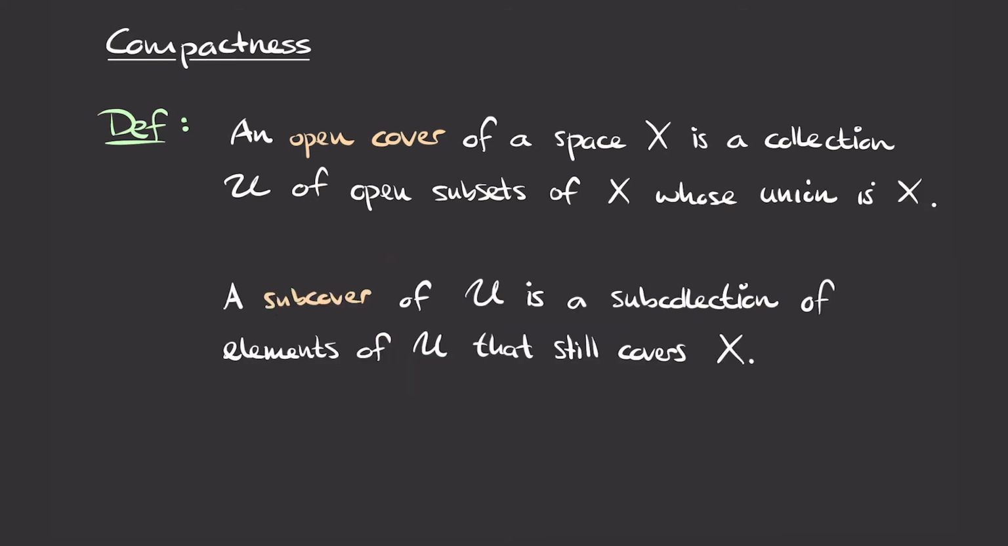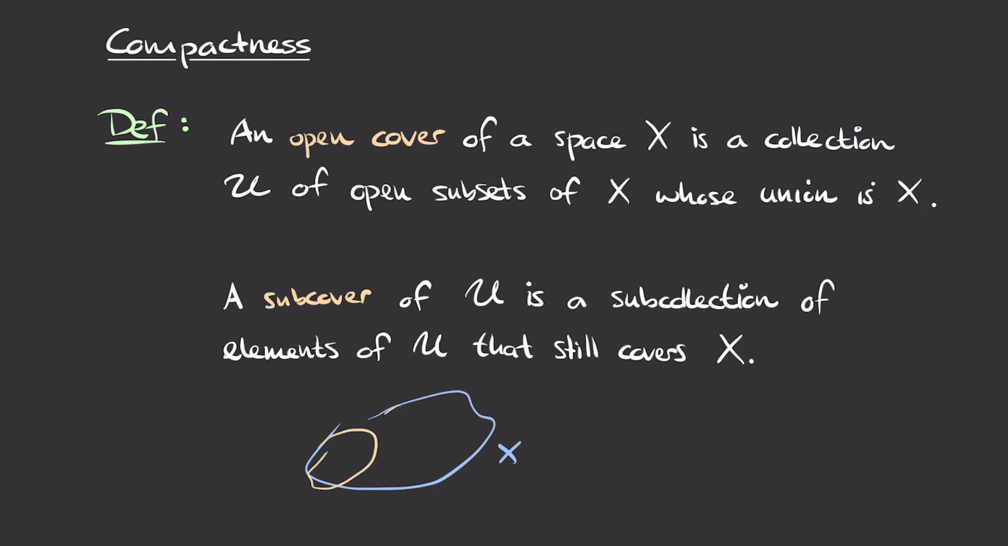The second thing we'll need in order to define compactness is the idea of a subcover. A subcover of an open cover U is a subcollection of elements of U that still covers the entire space. So again, schematically, if we have our space X here, and we're given some open cover of the space, so again, we have certain open subsets which cover the entire space,